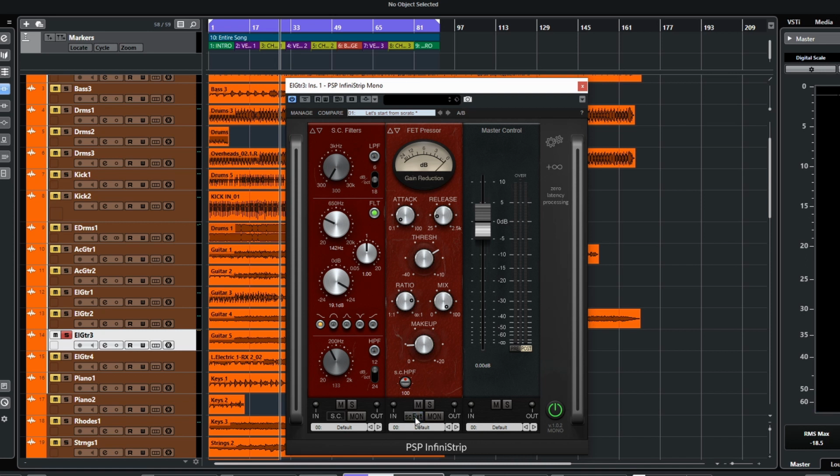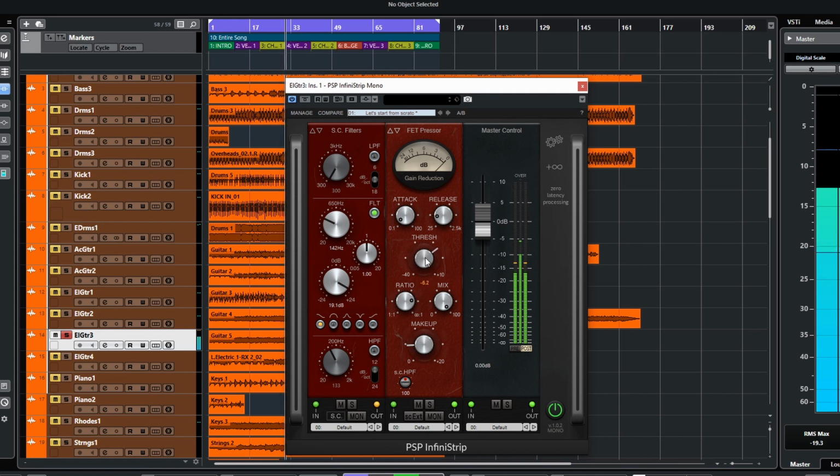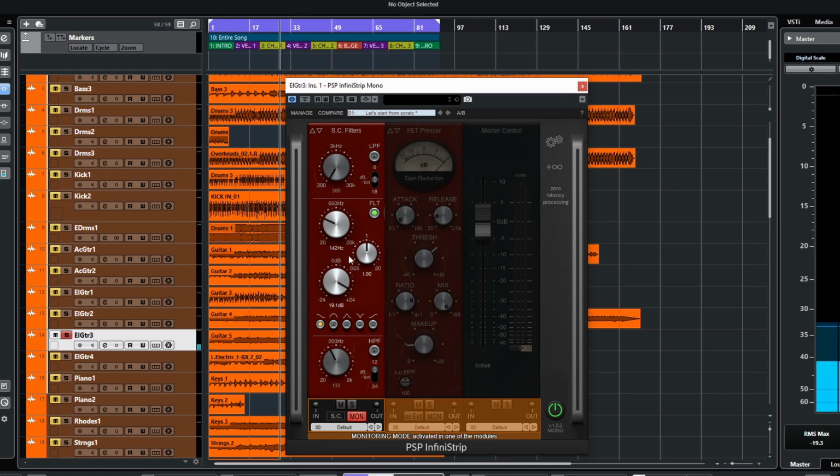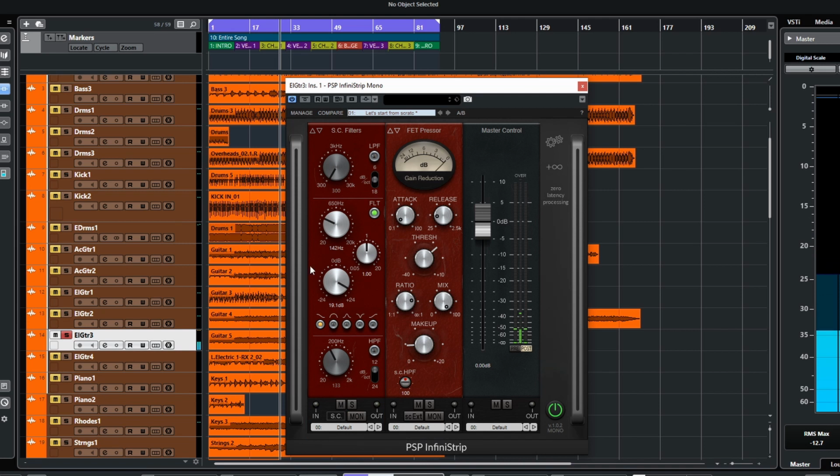Now, if I take the sidechain off, I'm just going to set this to a point where it really doesn't do much at all. Right, so you see it's not compressing much, if at all. It moves the meter occasionally, but not much. Now, because I've boosted this, I'm going to get it to respond to this low end frequency a lot more. So now what we do, if we put the sidechain on,